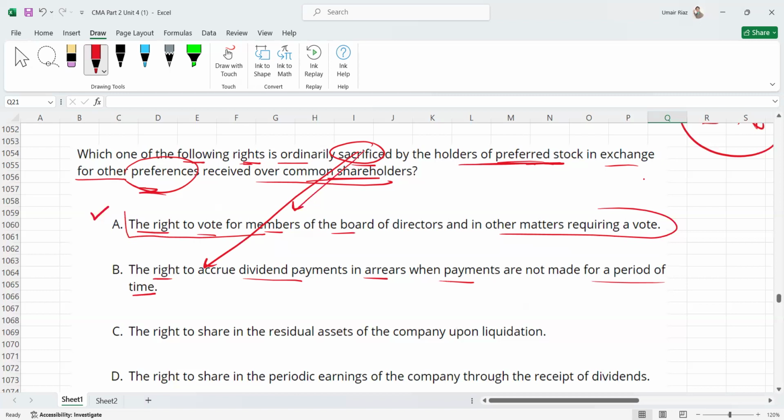So this you don't sacrifice. Actually, this right you have. So this is not the answer of the question. The answer is what you sacrifice. This you don't sacrifice. You have this right. Then next,